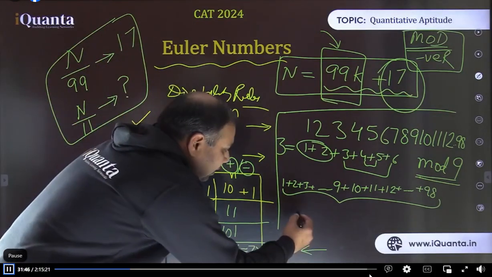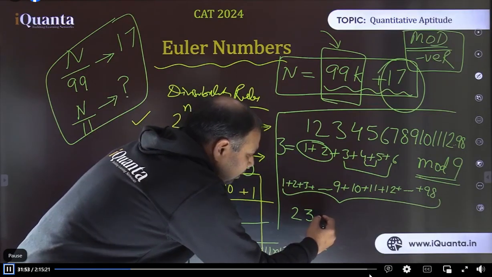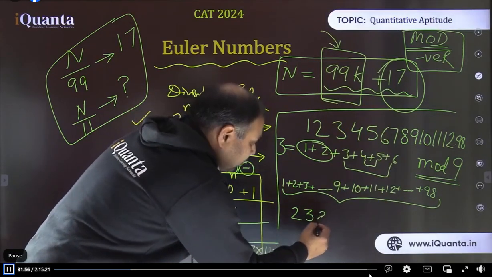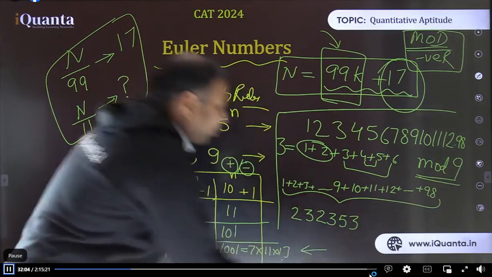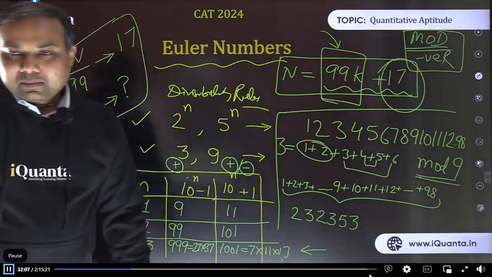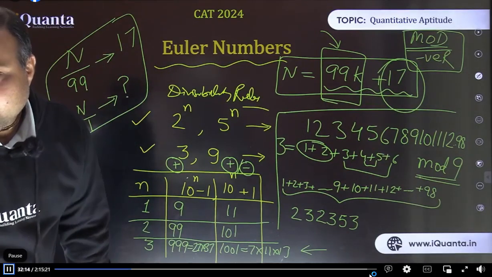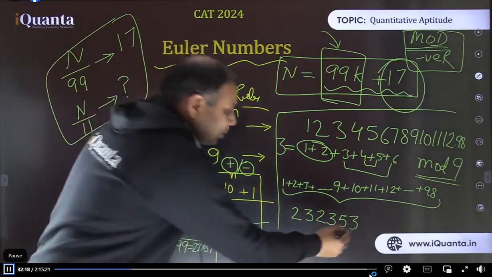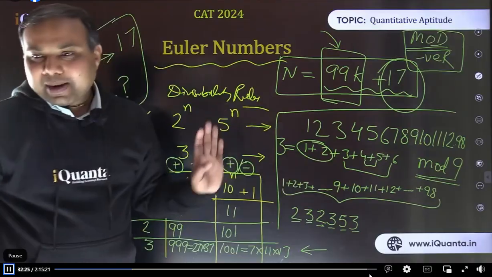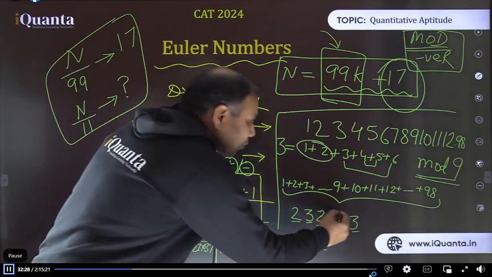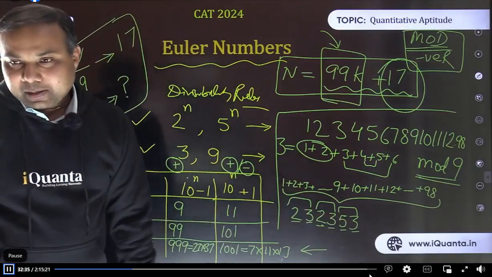Suppose I want to find out, let's say 23, 23, and 53. Now this is a 6-digit number. You need to find the remainder with 9. So we can add single digits. 3 plus 5, 8 plus 3, 11 plus 2, 13 plus 3, 16 plus 2, 18. It is divisible by 9. Right? Or we can make a group of 2 digits at a time also. 53, this is 23 and 23, which makes it 99, which is divisible by 9. So that was the basic point.